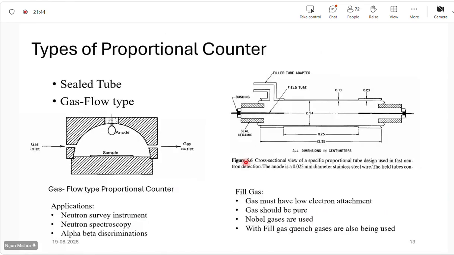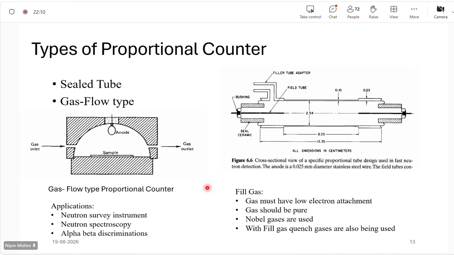In our LINAC, we have energies greater than 10 MV, and we know that when the energy exceeds 10 MV, there is a chance of production of neutrons. So during commissioning, normally the engineers bring this REM counter with them, and the REM counter is a kind of proportional counter which we use to measure the neutron dose